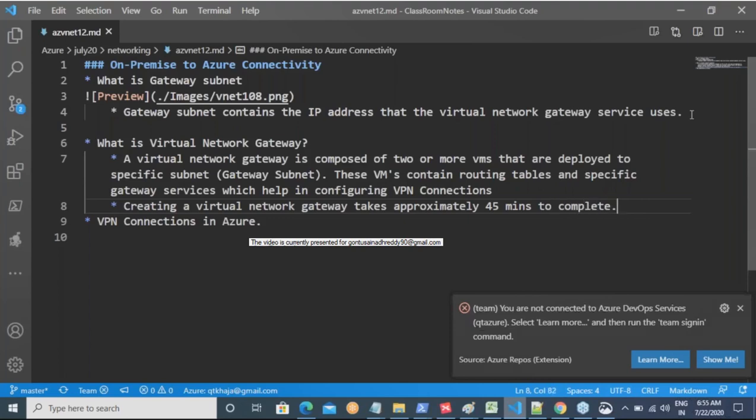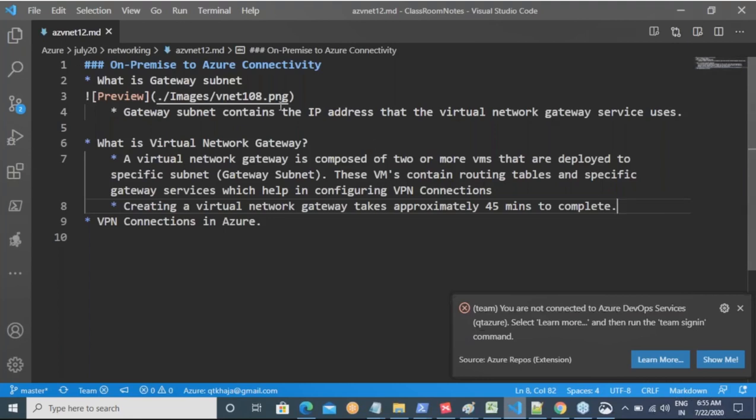Okay. So when you create basically a virtual network gateway, what happens? The VMs are basically created. And now, whenever you try to create this virtual network gateway, what you can try to specify is the kind of connection which you are trying to basically create. Are you trying to create a VPN gateway which is used basically in VNet to VNet connections, or do you want to connect to the on-premise devices, right? What are these kind of configurations?